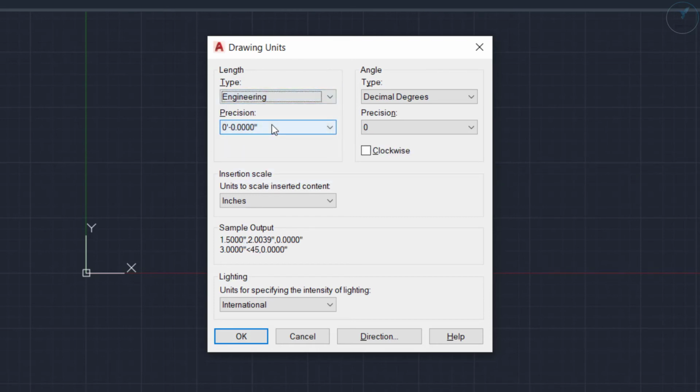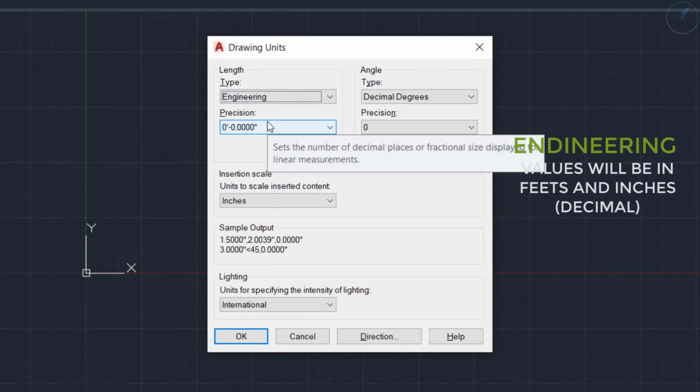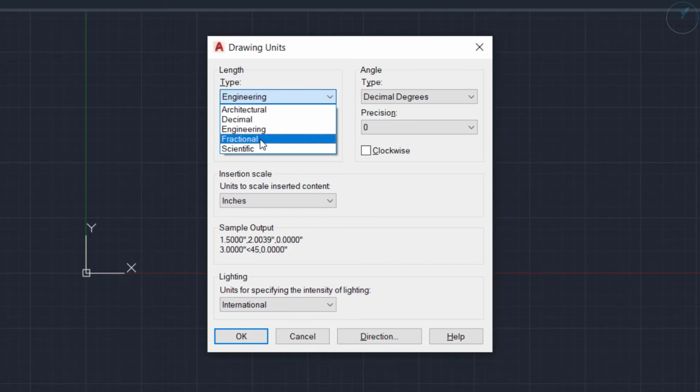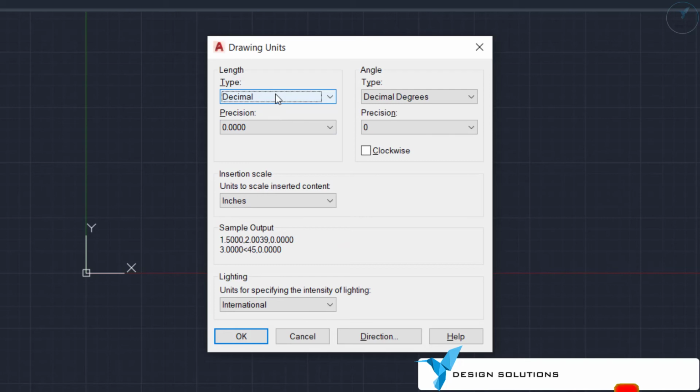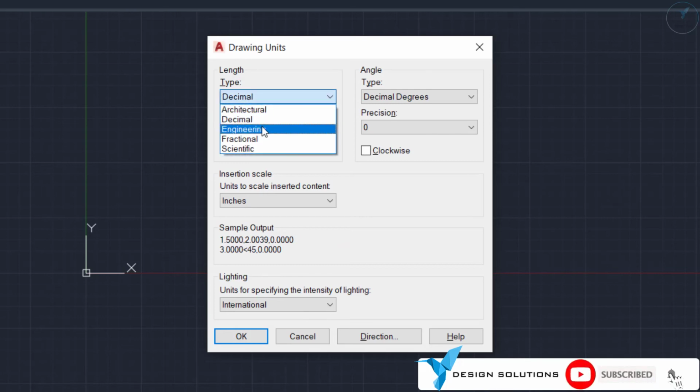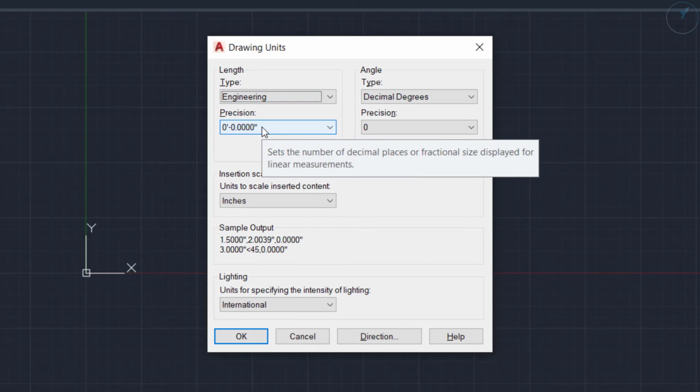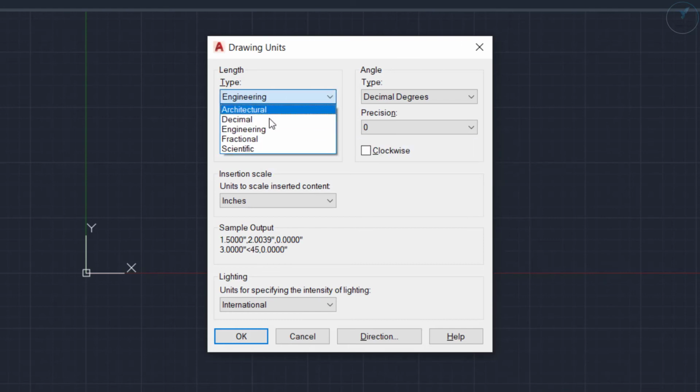Next one is Engineering. It will also have decimals, but the units will be in feet and inches. Next one is Fractional, and next one is Scientific. For mechanical, mostly we will use Decimal if your values have to be in millimeters or centimeters. Then we will use Engineering if the values will be in inches and feet.